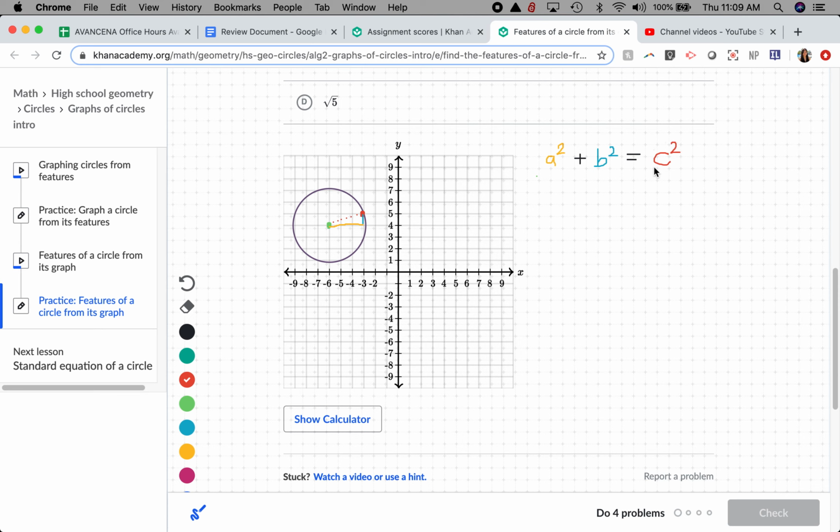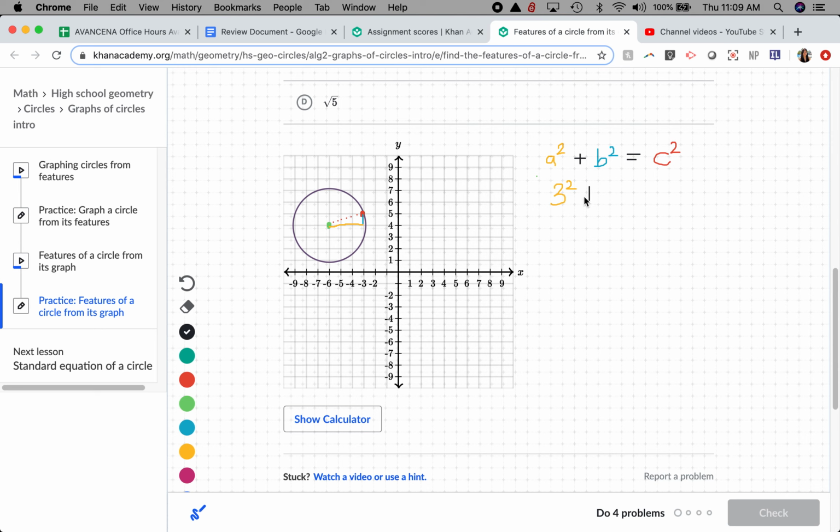And c squared, this dotted line, is what we're trying to look for. So let's go ahead and plug in some values. A is this distance on the x-axis, and we can count that this distance is 1, 2, 3. So over here we're going to have 3 squared